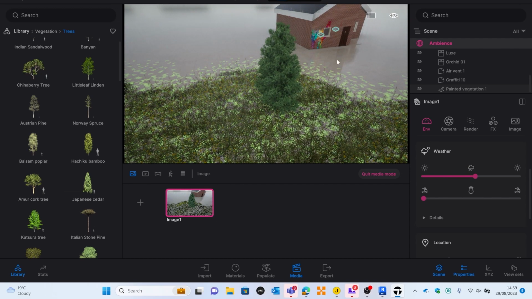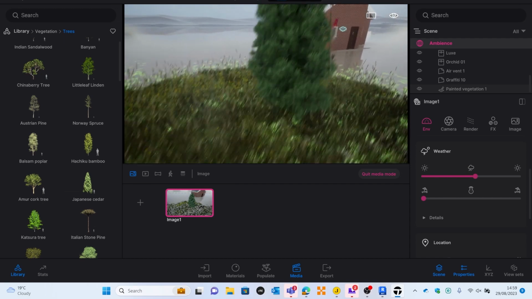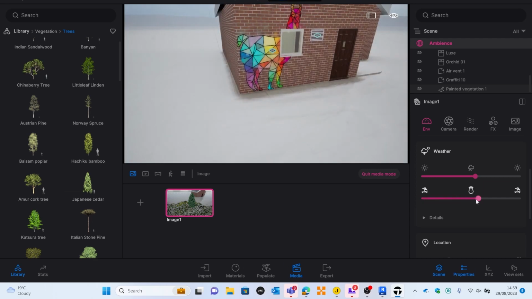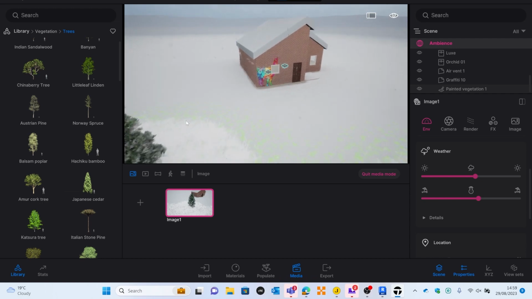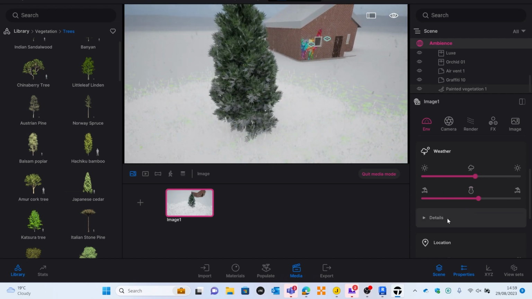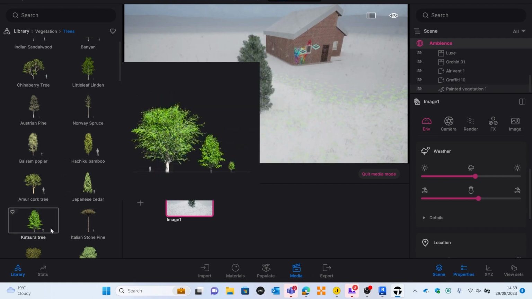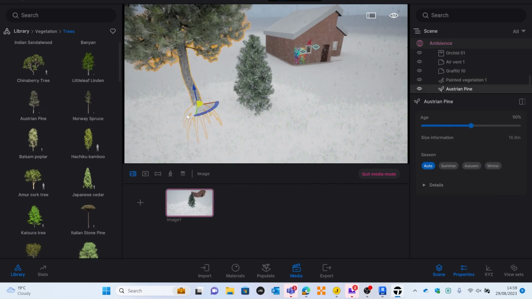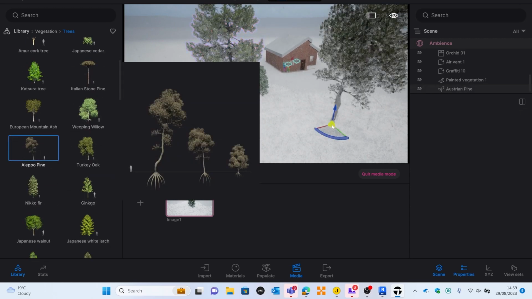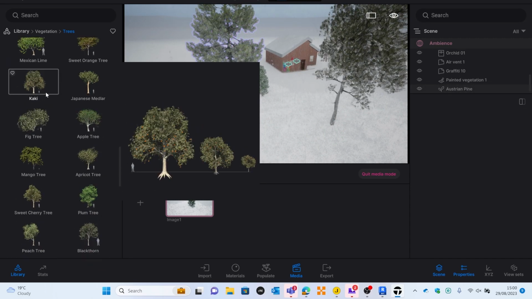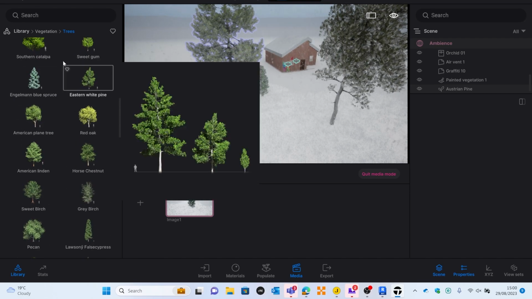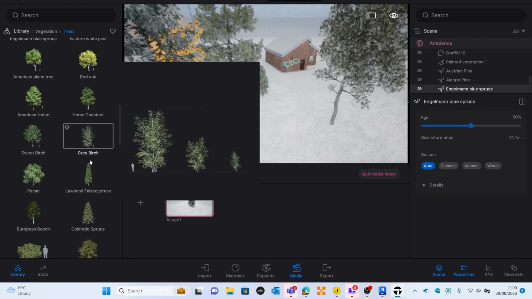And yes, you did just see a load of reflections and wet floor appear in front of the house, which is pretty clever. Not as clever as when you make it winter and that rain turns to snow. And you start to get snow covered in the trees, which is, again, quite incredible. Certain trees, but not all of them, will also lose their leaves through the winter. So if I can find an example, which I probably won't be able to now,